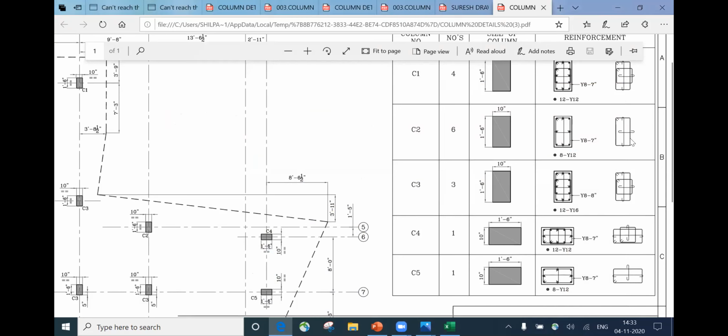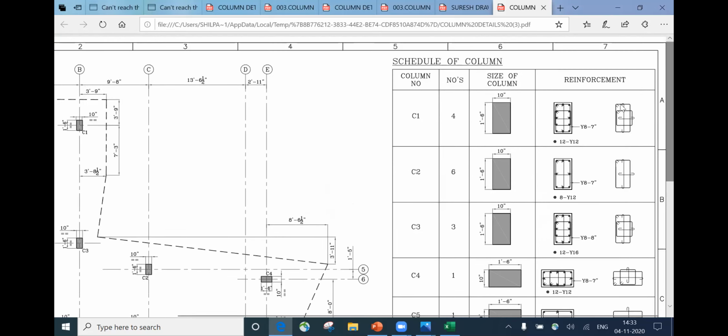We will not concentrate on this. These are the different hooks that you provide. What we saw is only a single hook, but when you go for different buildings and based on the load, you'll be providing 2 to 3 lateral ties. One is this master ring, the bigger one. I'll try to explain it here. One is this entire master ring. This is the one master ring, full ring. Then inside you have to provide another ring. Then you have to provide one hook. That I'll try to teach you next time.